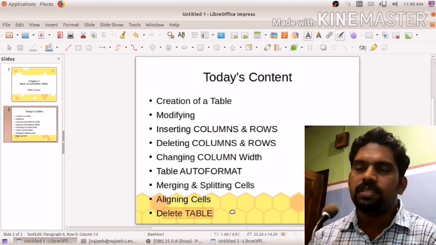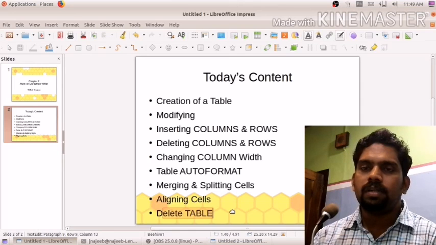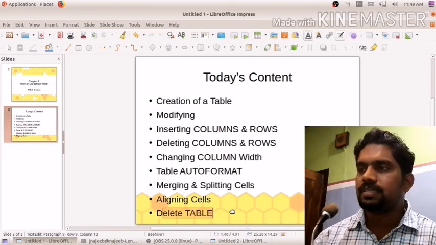This much content we have discussed today, and something more about this table topic is there that we will discuss in the next class.